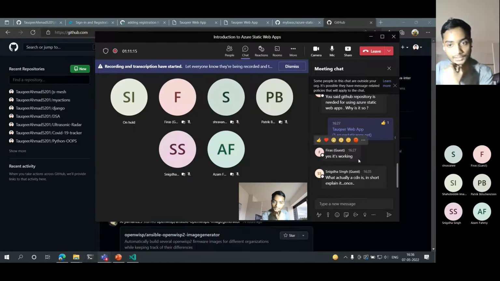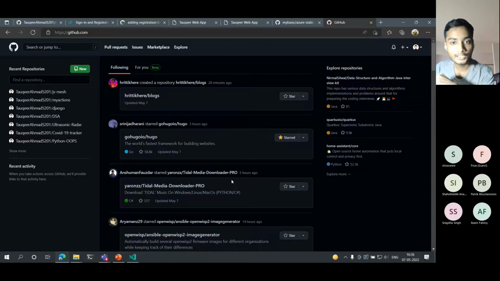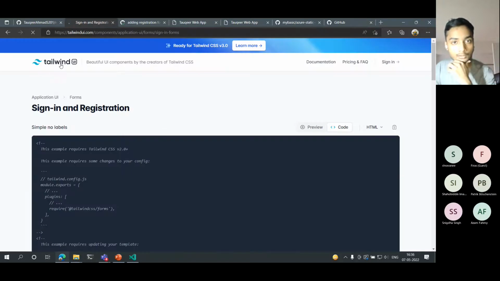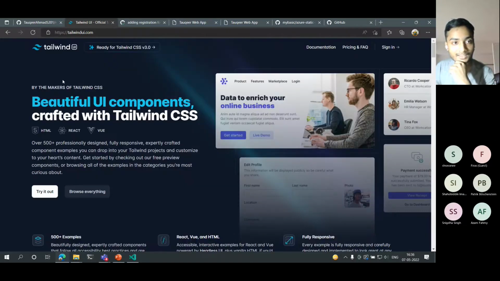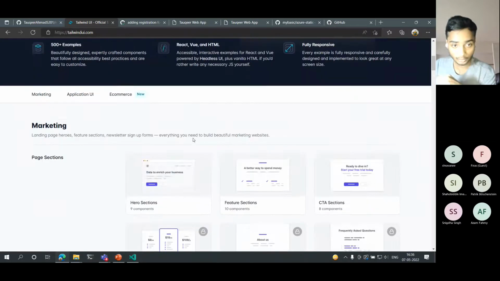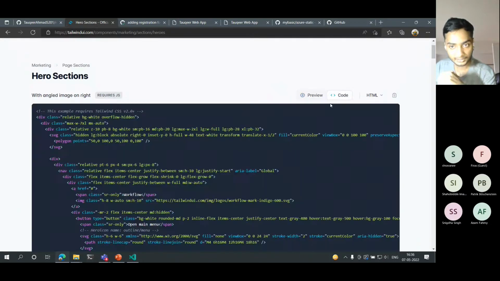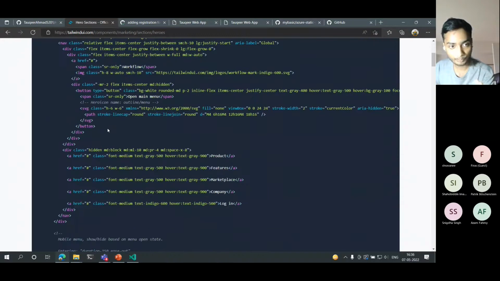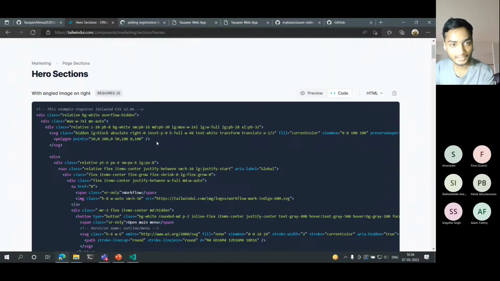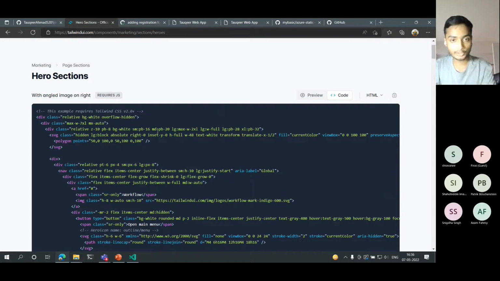What actually is a CDN? In short, explain it once. CDN, Snigdha, is a content delivery network. Here is Tailwind. It is a CDN. It helps us to copy paste things. If you want to edit it, you can edit it. But for the sake of time, you can just copy paste, make it responsive for the website, and add some awesome sections, awesome features into your website.